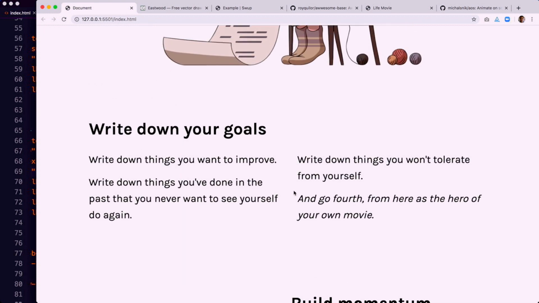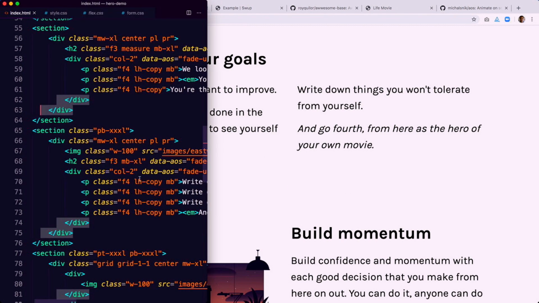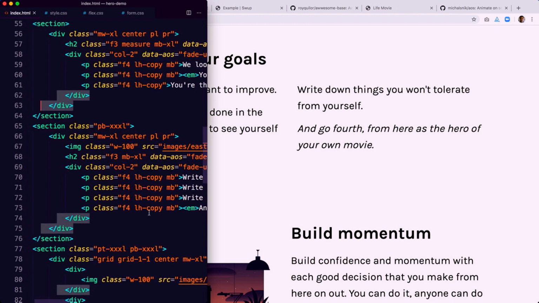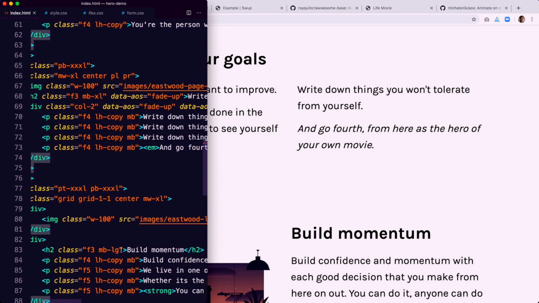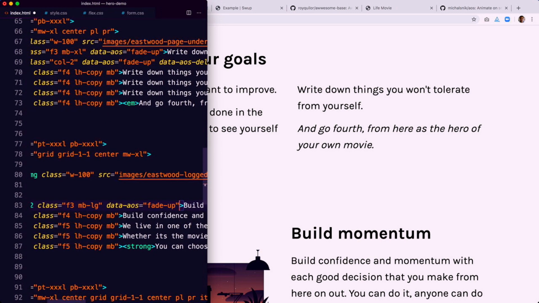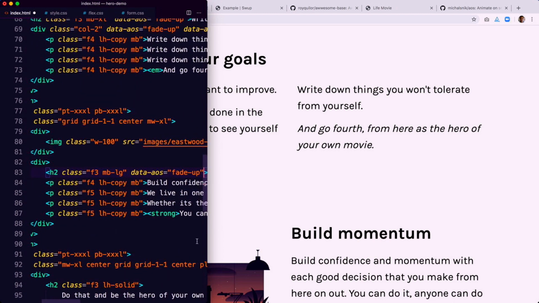Okay, so right down, these two seem pretty close, so let's just see what I can do. So write down your goals, padding bottom. Okay, they don't seem to be too bad. So again, we want to do the same for the heading, and then the whole div. Actually, this is a bit different because